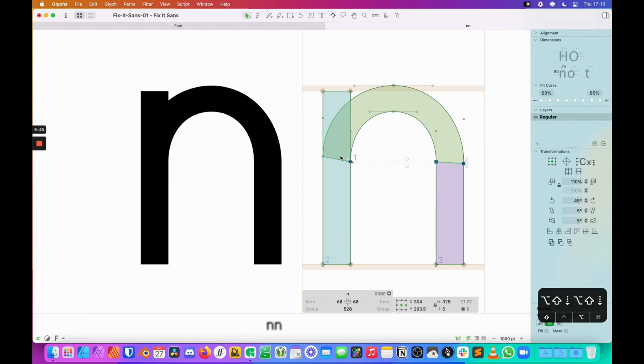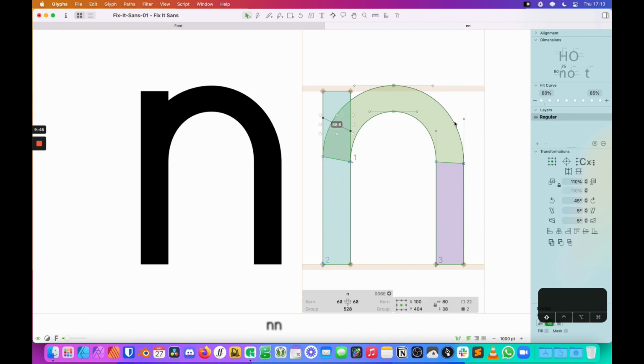But if I just bump it down maybe by 10 points or 20 points, what I'm doing here is I'm keeping the handle of my Bezier curve put, but I'm moving the point that it references down. So I'm actually creating a bigger curve. And what this does is it smooths these points out so that it looks more like that natural curve that your hand might have when you're writing this.